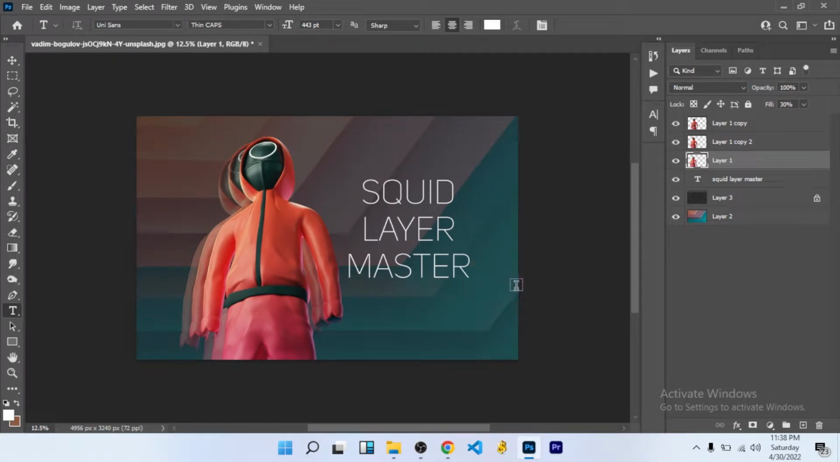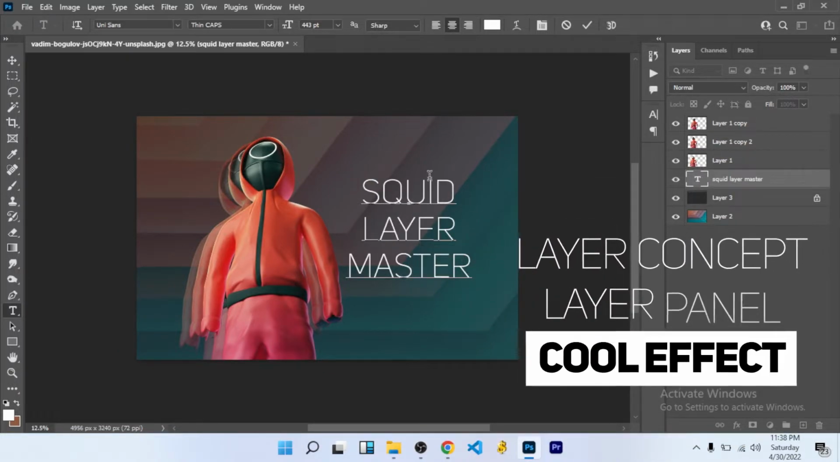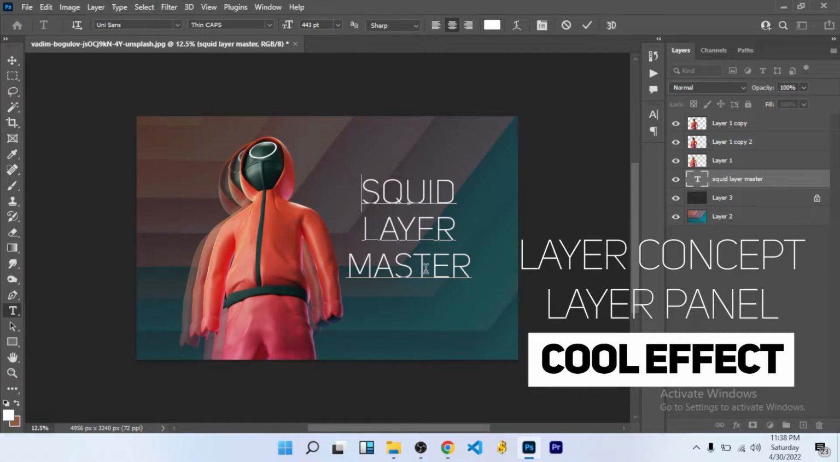Squid layer master. Don't be distracted by this text layer that I added. Hi guys, I'll be teaching you how to understand the Photoshop layer system. I'll first start by teaching you the concept of layers itself, and eventually teaching you how to create this cool